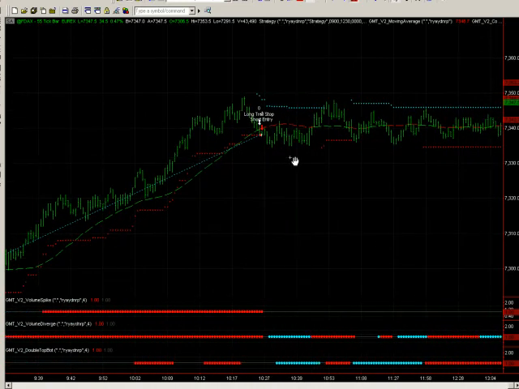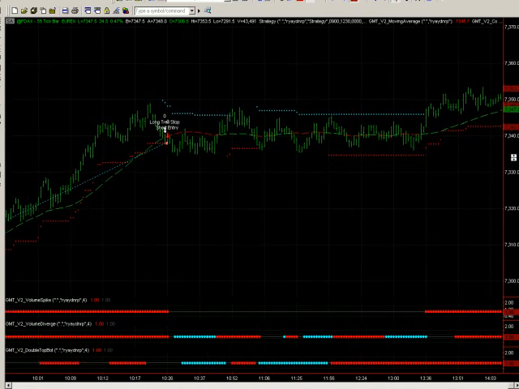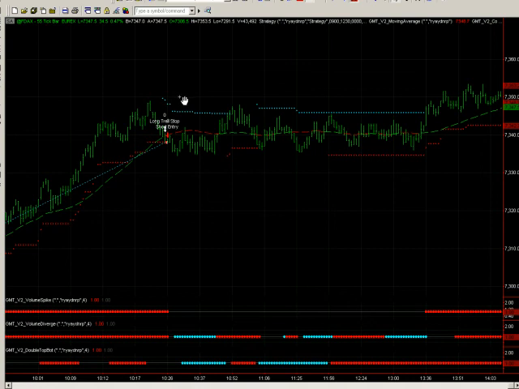So there's always going to be a positive and negative to reducing the size of the ticks that you're trading. And you can see here consolidation, and then we get a bit of